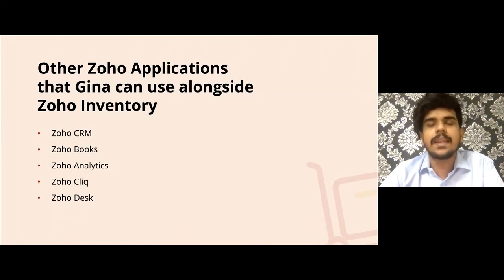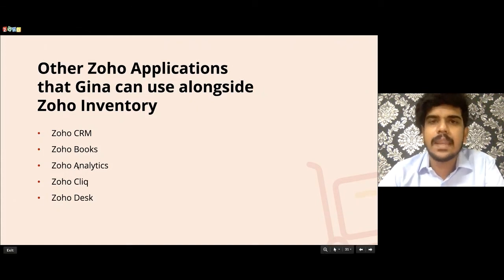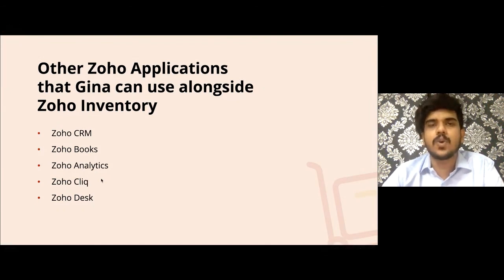And we have Zoho Analytics, our advanced business intelligence tool, using which you can generate your own reports as well as your own dashboards. We saw, within Zoho Inventory itself, we have a reports module. But apart from that, if you want to create any specific reports or dashboards, you can make use of the Zoho Analytics integration to do that. And Zoho Cliq is our chat application. So if you want your business people to have a communication platform, you can opt for Zoho Cliq. Send out notifications from Zoho Inventory to Zoho Cliq as well. And Zoho Desk is our ticketing tool. So this concludes my session.